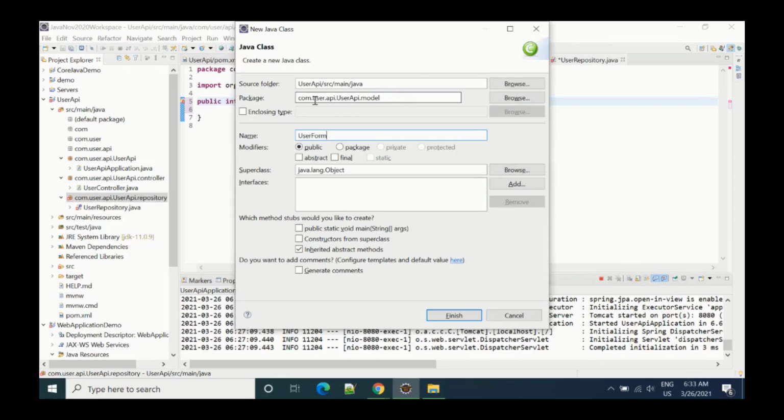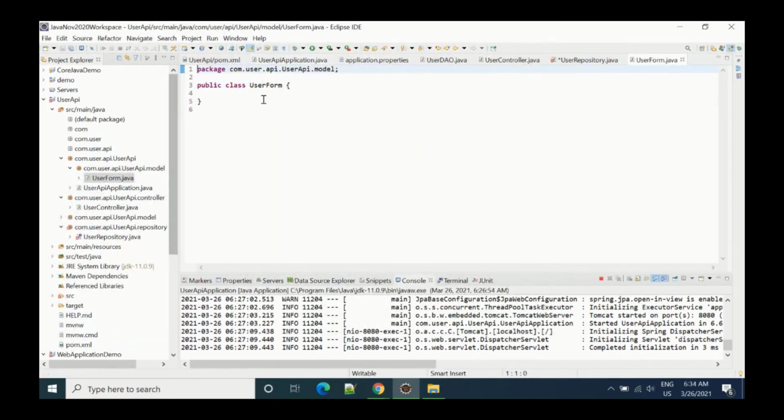Okay, so the table will also be created using the same name, user form, so we'll see that, right? So we have here user form. Now one class is created. This is a simple class. We have to use a POJO class.